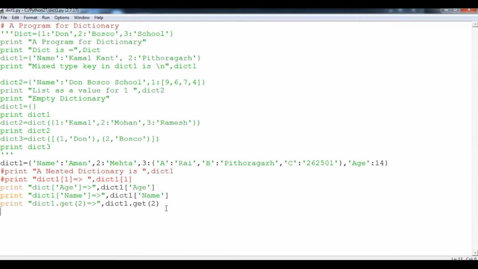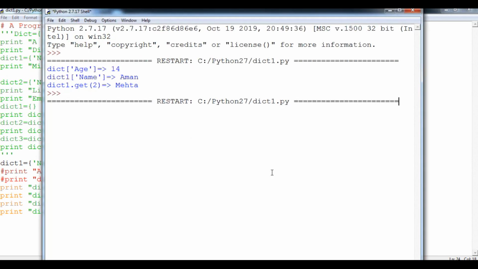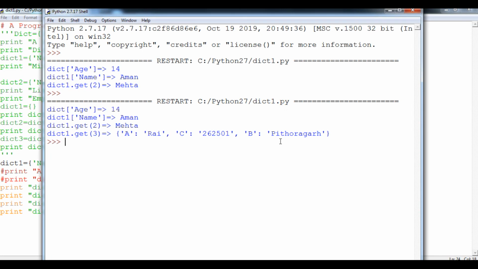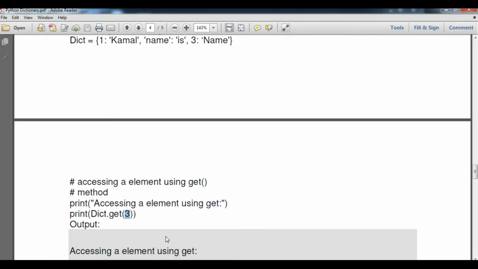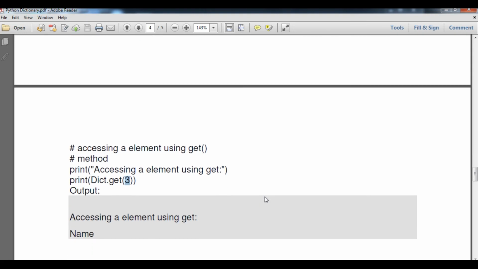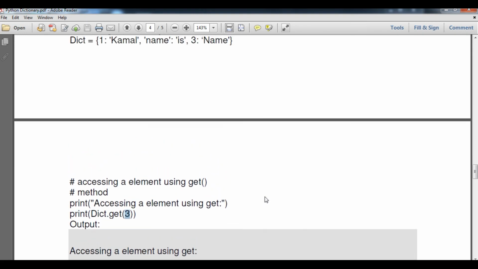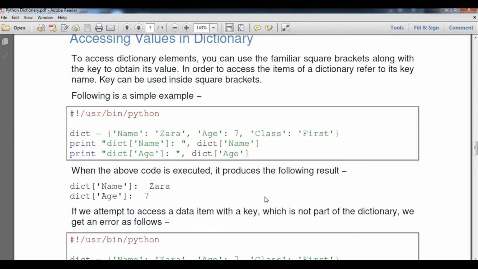In place of 2, if I type 3, suppose I copy the whole element, the value that will be printed is itself a dictionary. So I copy it and then paste it. If I say 3, you can see that in my dictionary the key 3 contains a dictionary, so it shows you the output like this. So student, we have learned today how to access the element by the get function also. Student, you will practice all of that. Till then, thank you and have a nice day, student.